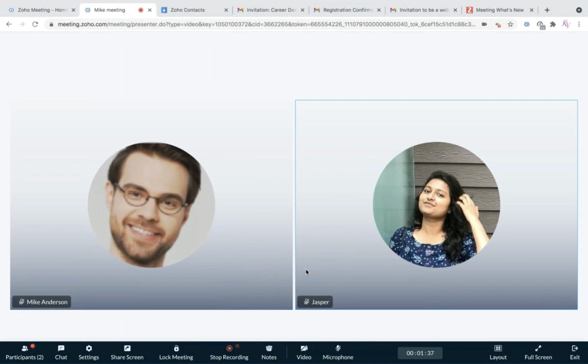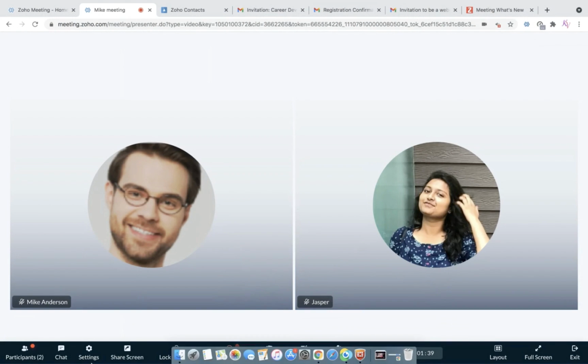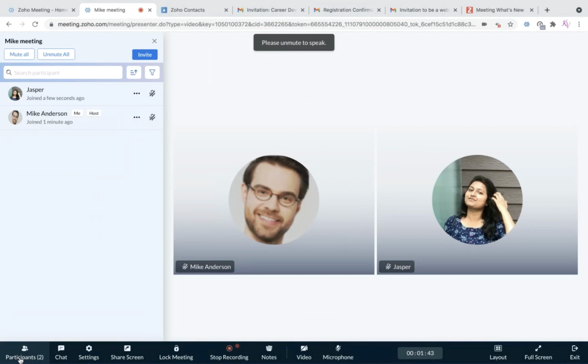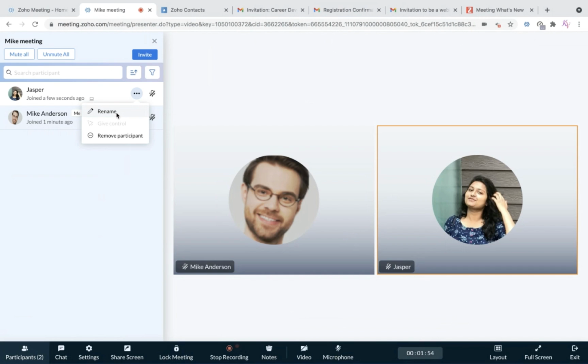On the bottom menu bar, you will be provided with a list of tools and tabs with their respective features. The Participants tab contains a list of participants who have joined your session. Using the more actions option provided next to each listing, you can see an option to replace their official names with their nicknames.